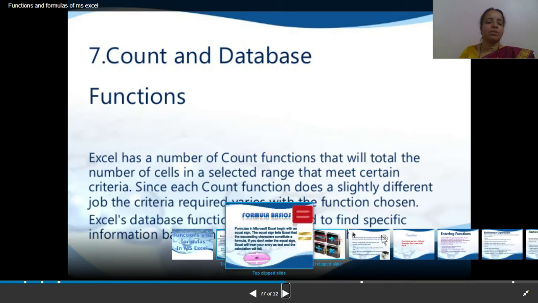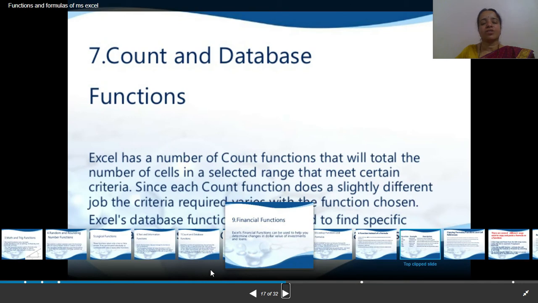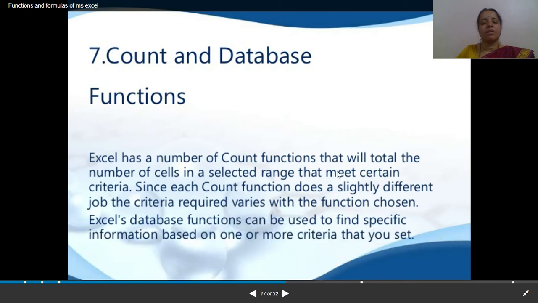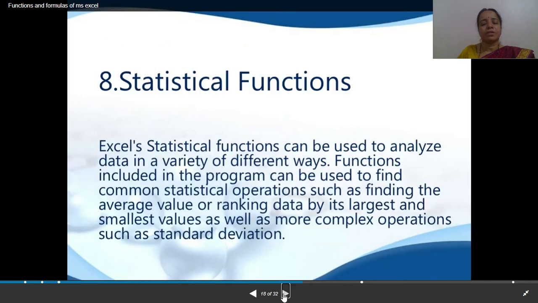So depending on the conditions, you can extract the data from a table. So that is used as database functions.